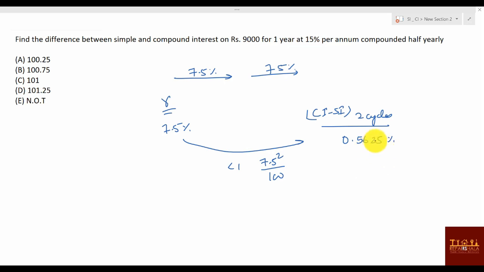This is what you have to find. So what you can say, 0.5625% of what? 9,000. You solve this thing and you'll be getting the answer. Now one thing is very sure, 9,000, 10% value is 900, 1% value is 90, and this is nearly how much? This is 0.5%, right? So 0.5% will be nearly 45. Do you have any option with 45? No. Or 50? No. So what will be your option? None of these.